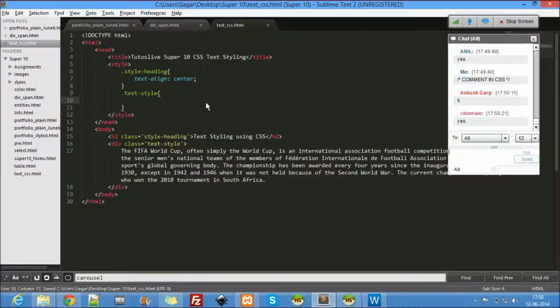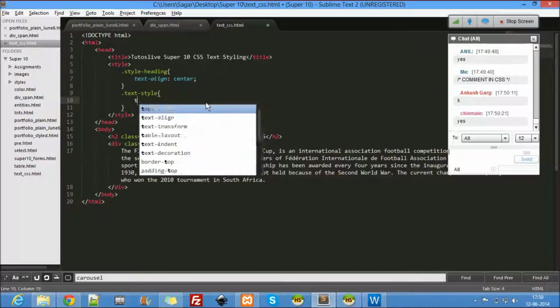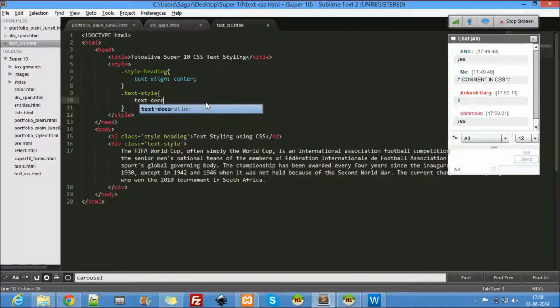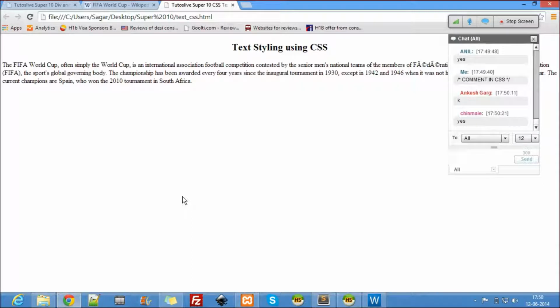Alright, so now text decoration, I'll say line through. Okay, text decoration line through. Let's see what happens here.